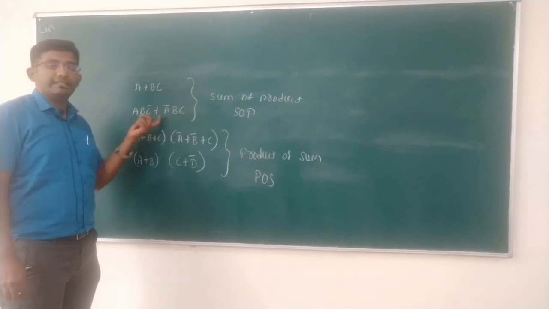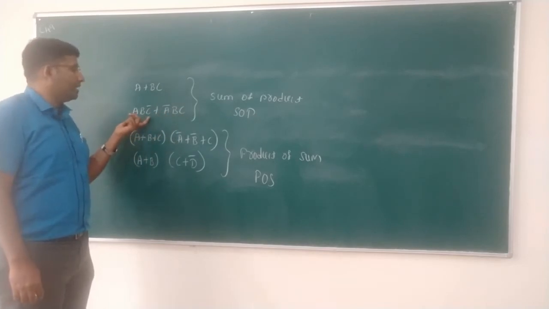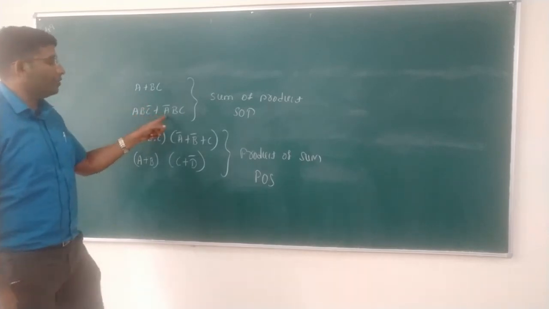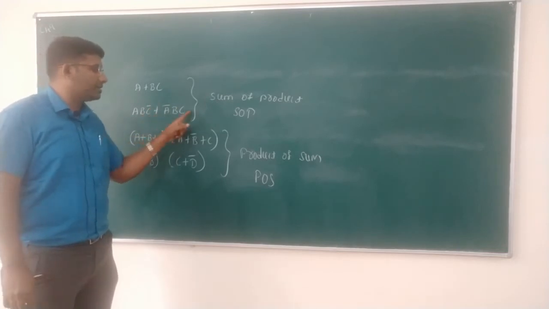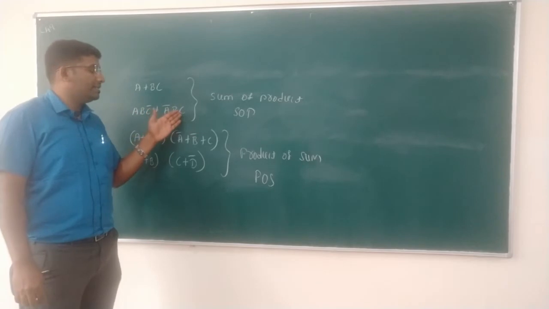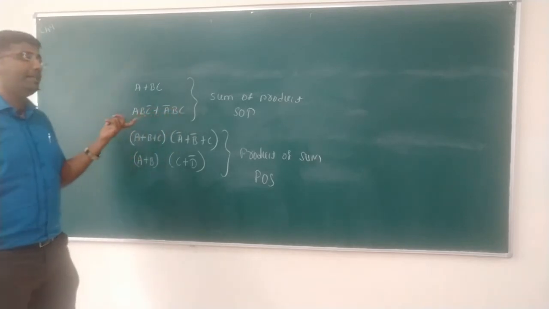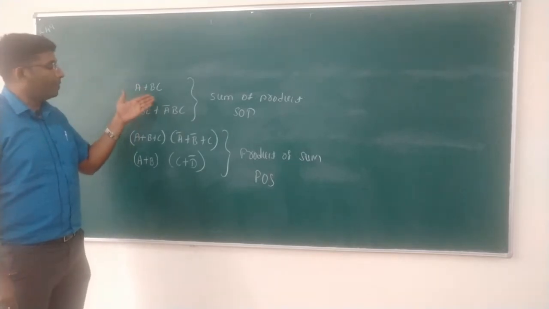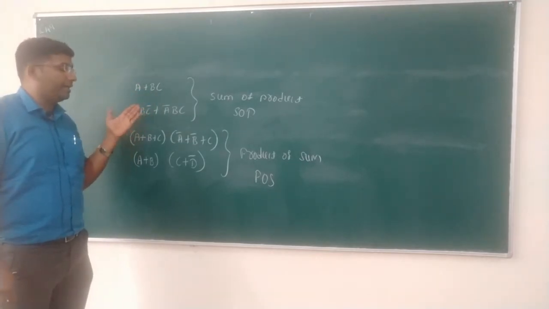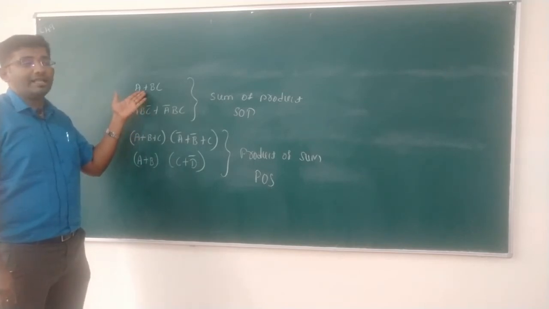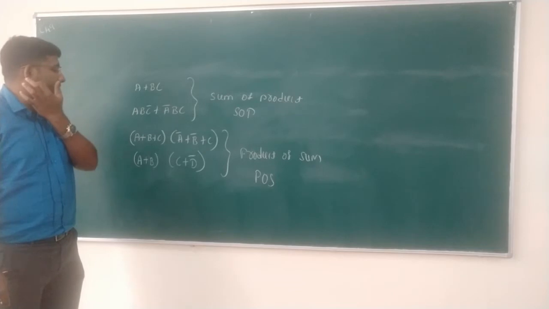Here we have considered A, B, C is present, but it is in the form of complement, C bar. Here also we are having three variables, all three are going to be considered, but we are having A bar, B, C. This is what min terms stands for, and this is what sum of products stands for. In sum of products, this can also be considered as a sum of products, but it cannot be treated as a min term because we are missing some variables.